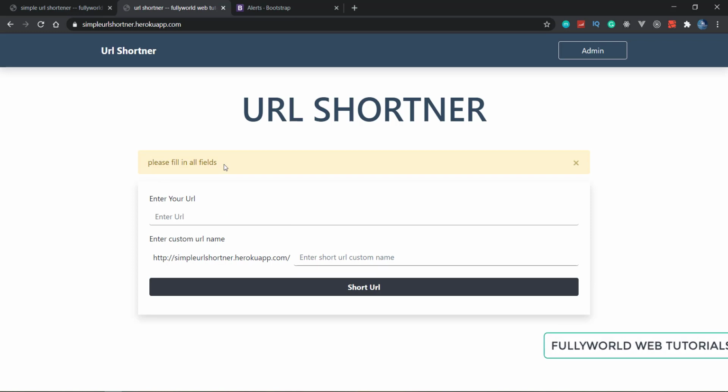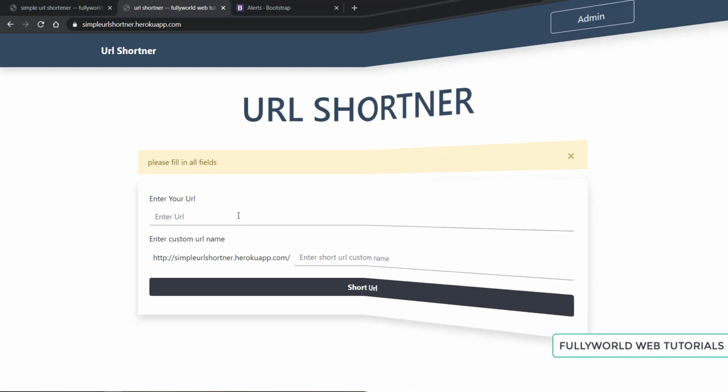So we have to rectify server.js a little bit to return errors here, and then write success messages and everything. Without wasting any time, let's get started. Let's go to the coding section.